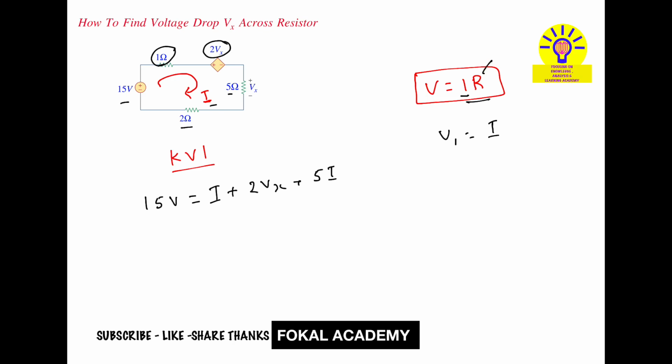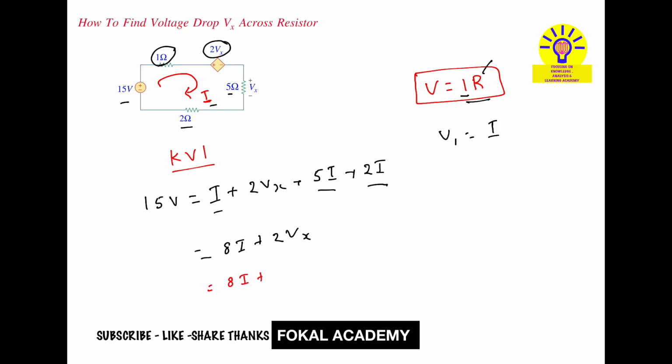Next 2I. Now it becomes 5I plus 2I, 7, plus 1, nothing but 8I. 8I plus 2Vx. Here what is Vx? Vx is nothing but the voltage drop across the 5 ohm resistor. So according to Ohm's law, it can be written as